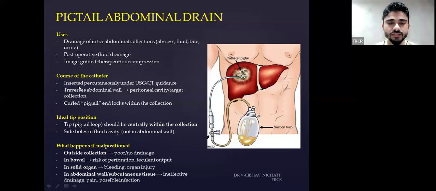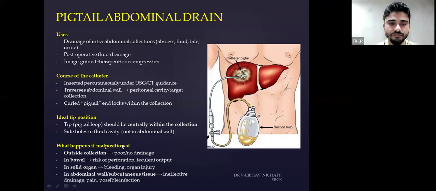The course of the catheter: it is inserted percutaneously under USG and CT guidance, traverses the abdominal wall into the peritoneal cavity or into the targeted collection, wherever you are going to put the tip of the pigtail catheter, and the curled pigtail end locks within the collection. Sometimes a patient might have a habit of pulling the catheter outside, but because of the pigtail curling, it limits any further movement. The ideal tip position: the pigtail should lie within the central portion of the collection. The side hole should be in the fluid cavity, not in the